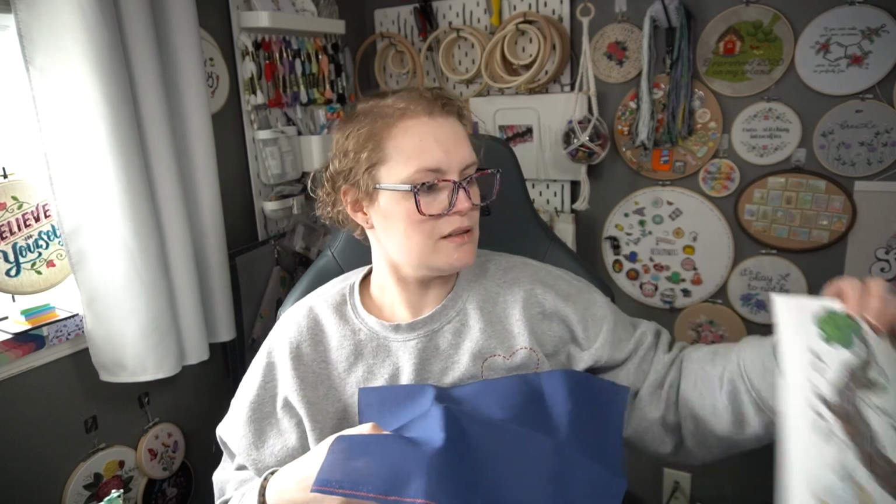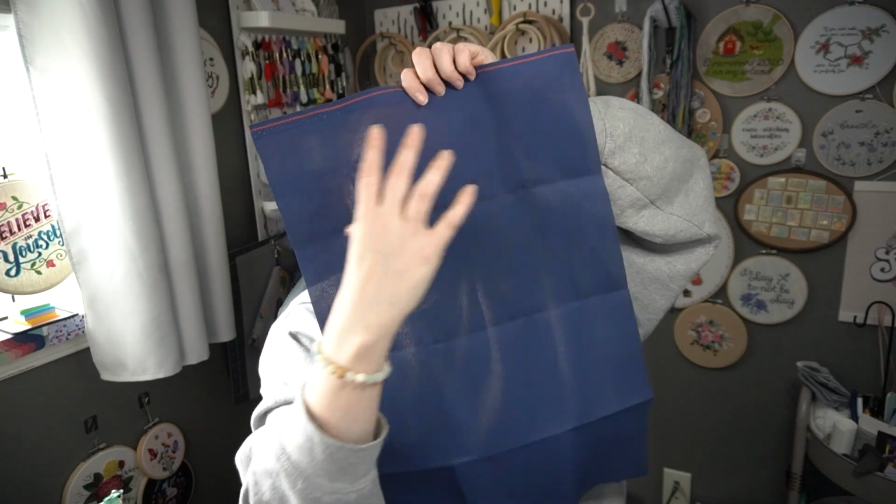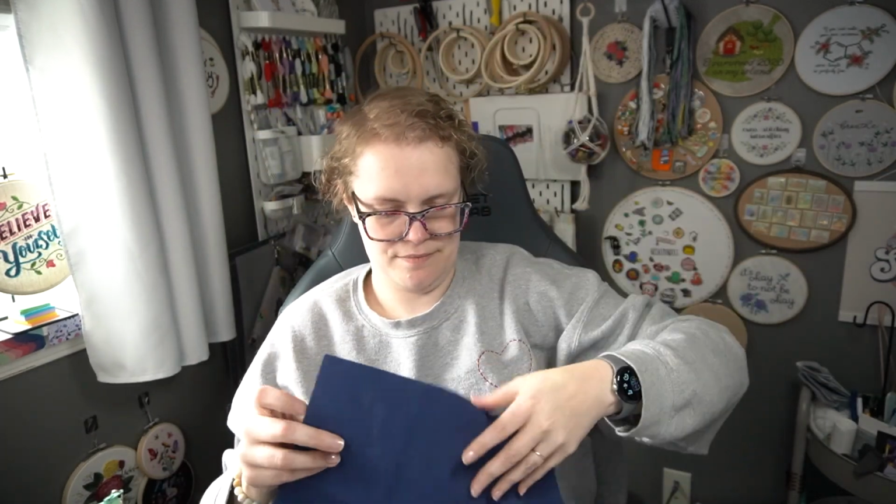So this is the top of the pattern, and so it'll be up here. But yeah, it's called The Secret Grove. I should have mentioned that. It's called The Secret Grove, and it is by Needle Lot Designs, and she just makes really, really awesome looking